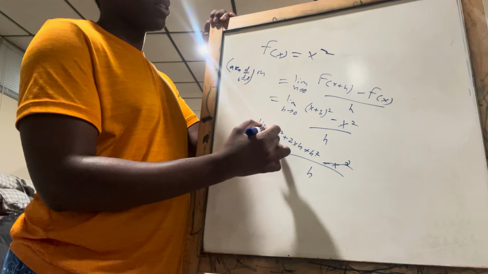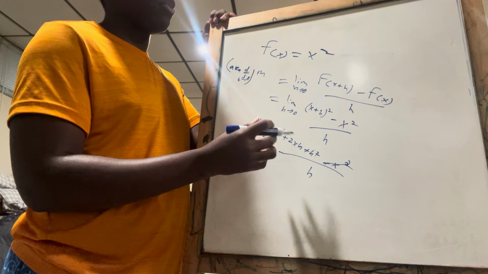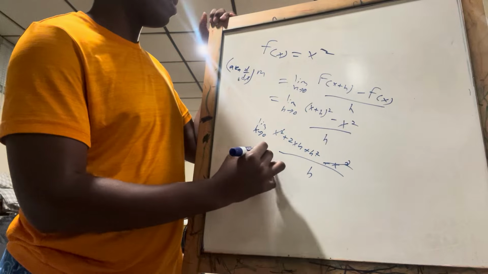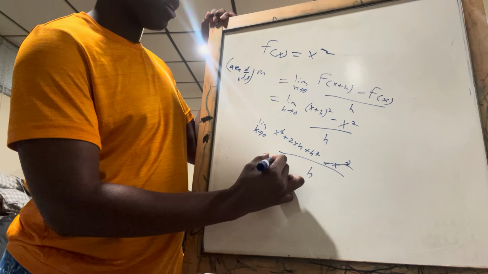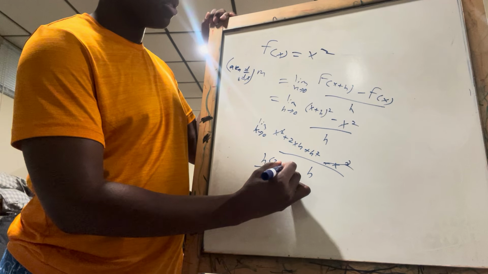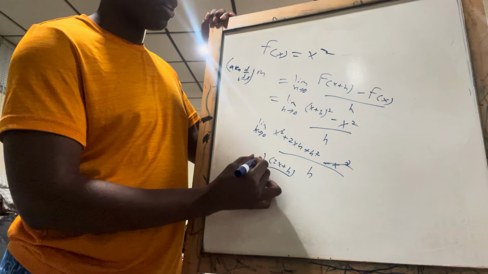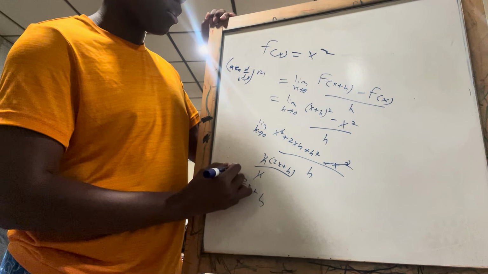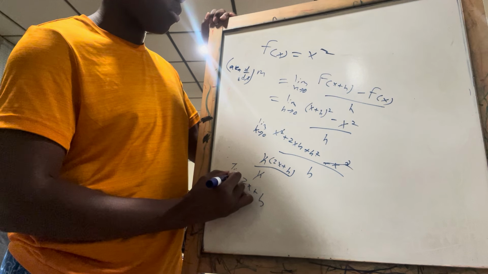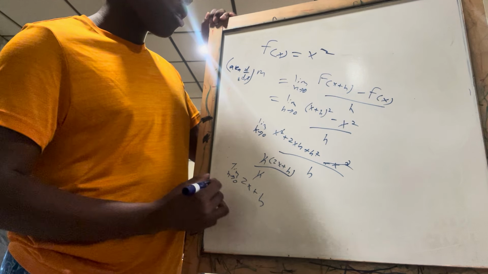Now these x squareds cancel because it's x squared minus x squared, and then you have 2xh plus h squared. Take out an h from both, and then you have h times (2x plus h), and then h over h cancels, and then you just have 2x plus h, and it's the limit as h goes to 0. And if you plug in h as 0, then you just get 2x,